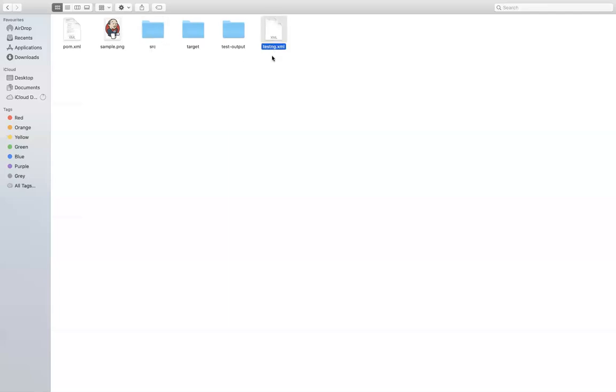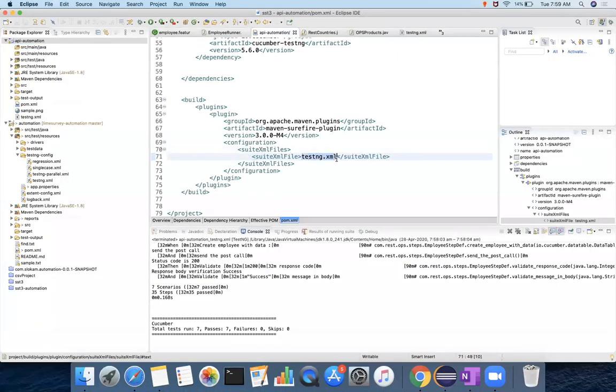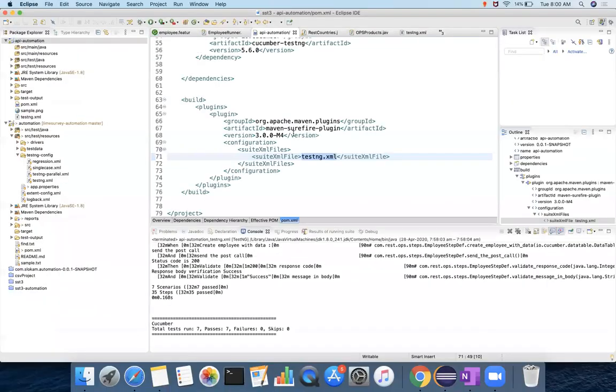If it is available like this, then you only have to provide simple testng.xml. If you put it somewhere else, let's say this testng.xml has been moved inside src, then how do you give it? We have src slash testng.xml. That's a common practice that you have to follow.